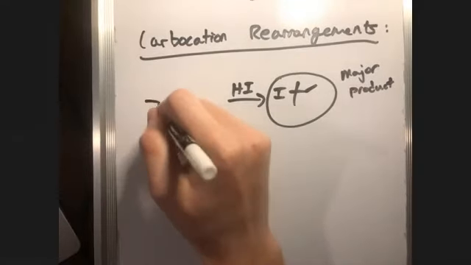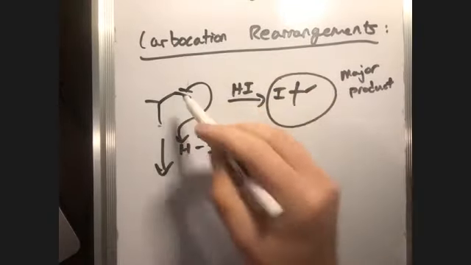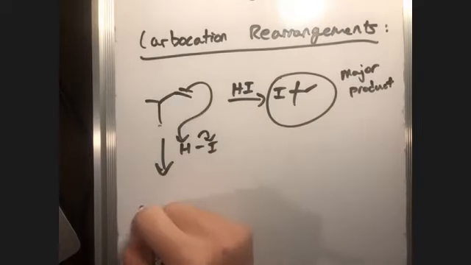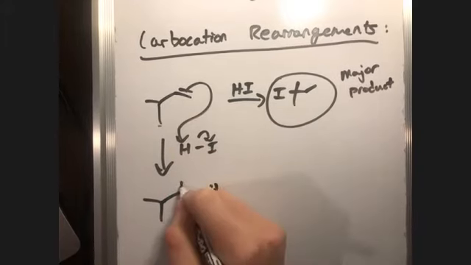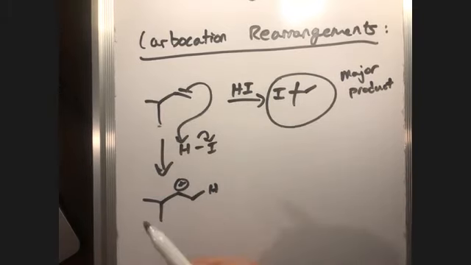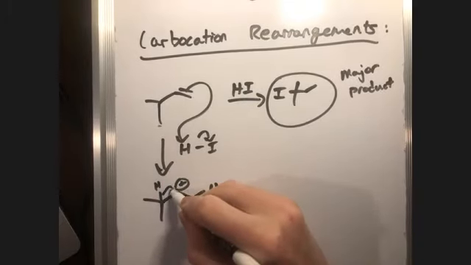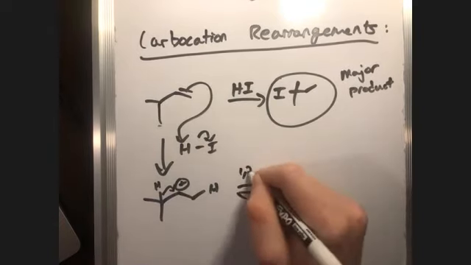So if this double bond goes here, we can form the carbocation at this position or this position. It's preferred if it's here. So I'm only going to draw that intermediate, because we've already discussed that. So the hydrogen would add at this carbon and make the positive charge there. So now, if you look at this, we have a secondary carbocation and a tertiary position right adjacent to it. When that happens, the hydrogen that's here can migrate to this position. And this is called a 1,2 hydride shift,